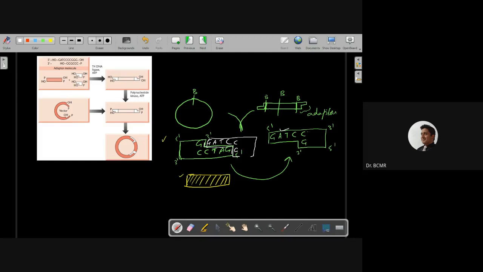And if we get like this, then the whole concept of using the adapters itself is useless. We could have used linkers instead, because if we add ligase, it would have sealed these, and then we would have had to add again a restriction digestion with the restriction enzyme, which we actually wanted to prevent, because the fragment has the same restriction sites within itself. Therefore, we need to prevent that,